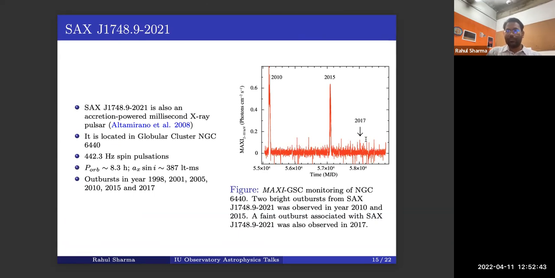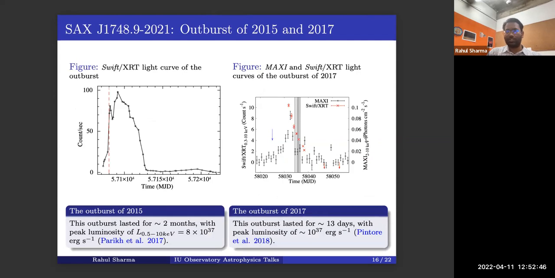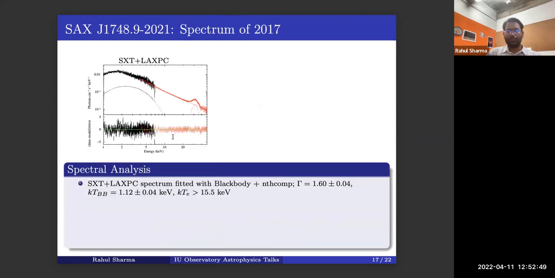So we observed this source with AstroSat during 2017, and we studied the spectrum with the Swift XRT and the LAXPC, and we could model it with a simple blackbody and a power-law component. So these two models were sufficient to model it. The blackbody component was found to be around 1.1 keV, and the photon index was around 1.6. It also showed a hard X-ray hump. This is actually because of the LAXPC detector. It is due to the xenon edge, because the LAXPC proportional counter is filled with xenon gas. So this is coming because of the detector calibration. So we model this as a Gaussian.